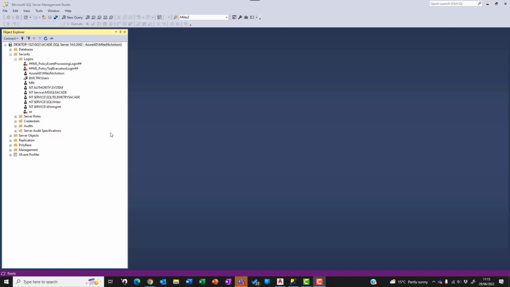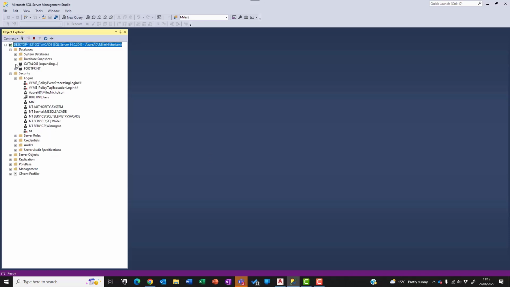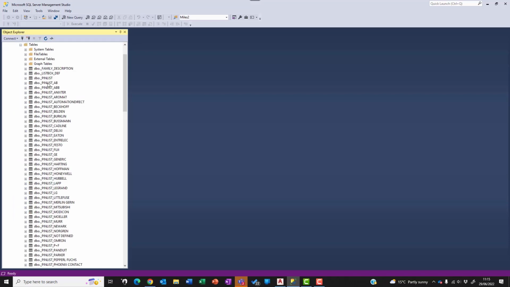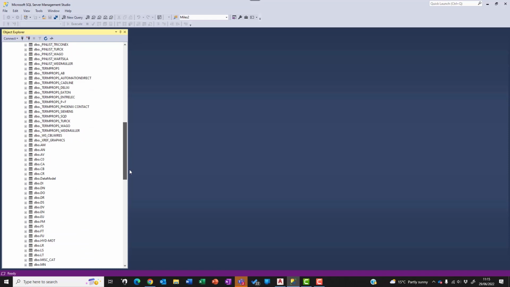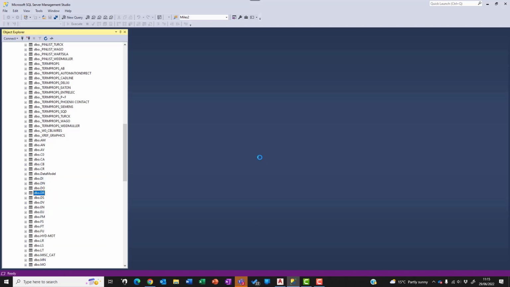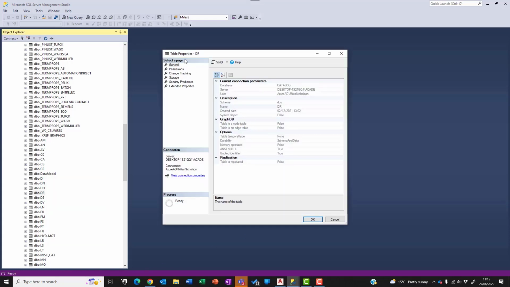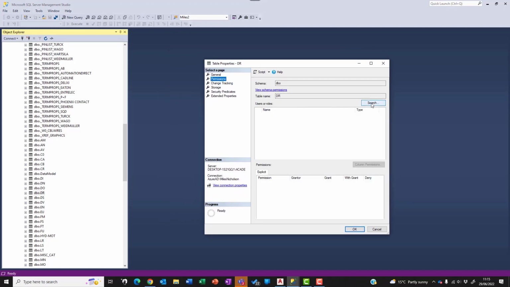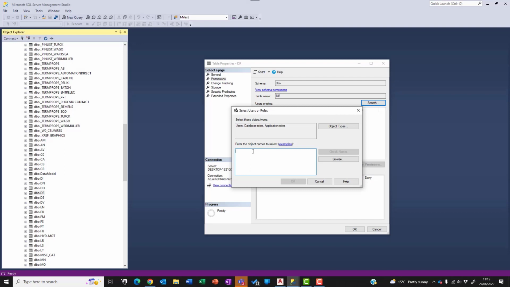Once the new user has been created, select Databases, go down to Tables, and you are able to define the permissions on a table-level basis. Just right-click over the table, Properties, and we go to Permissions. We can search, type in the user's initials,